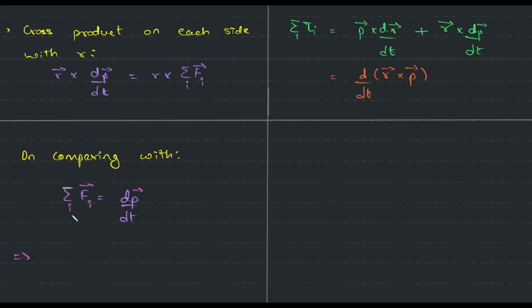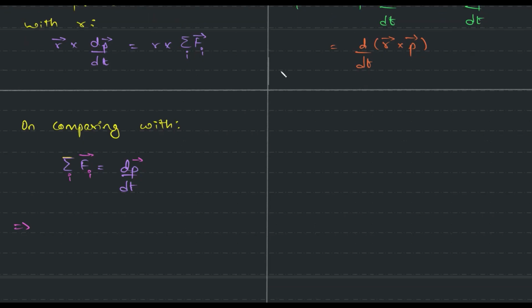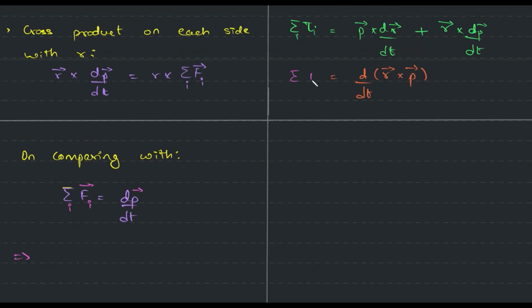If we compare this and this, what will happen? What is it that we are looking at? So your net torque on the LHS is equal to force, and your r cross p is equal to your p. So what can you tell from this? Your r cross p